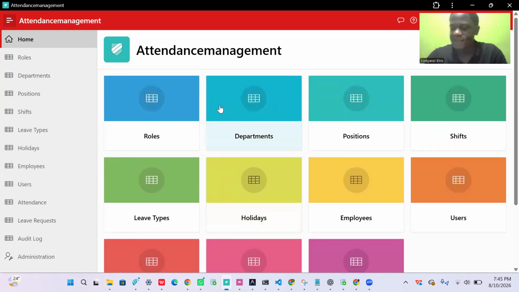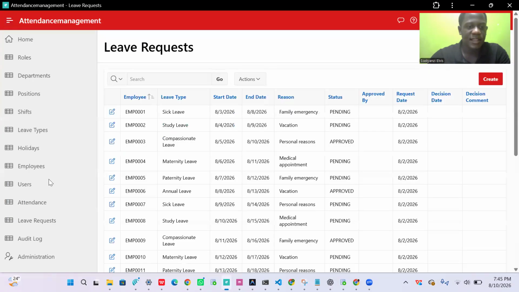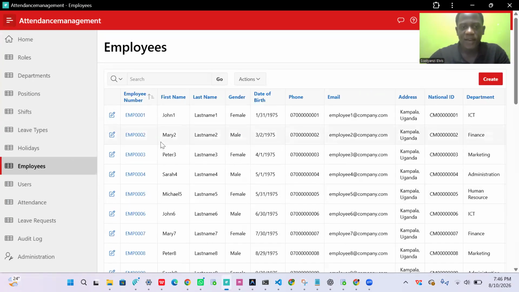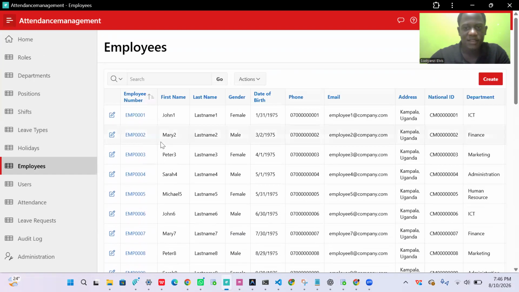About the lessons and reflections, I've talked about them in the database. This is how my application looks: the audit logs, the leave requests, the employees. These are our employees with their first names and all that. This is our DBA system behind it, with the leave types.